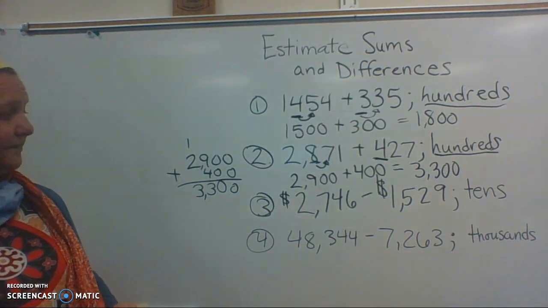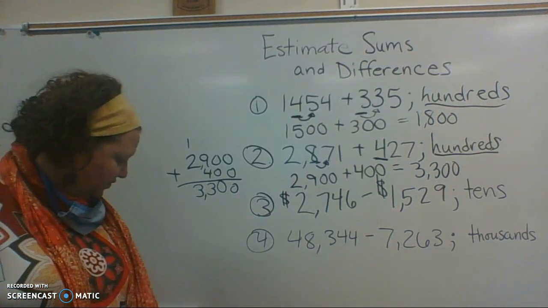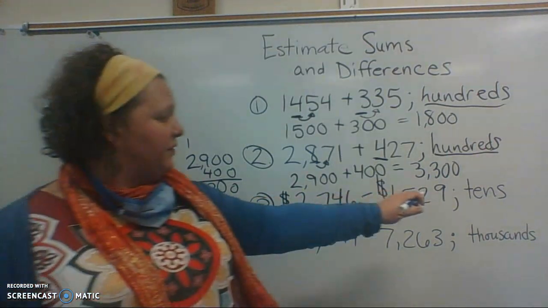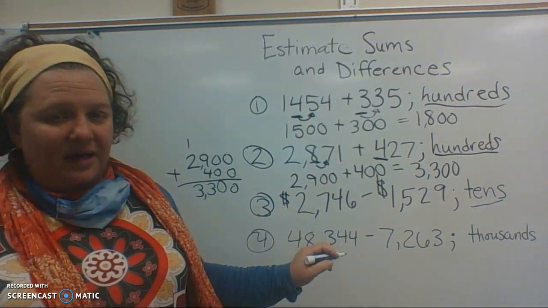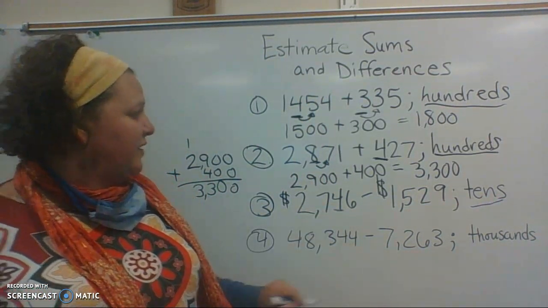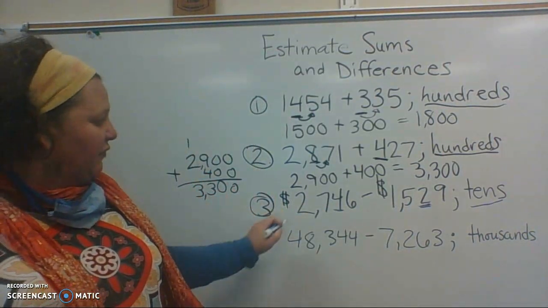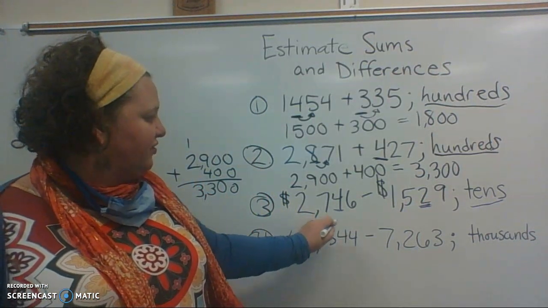All right. Next. I'm going to write in a different color. That might help you be able to see. We're getting a lot of black ink on this board now. So now we have our tens place. A tens place, that's interesting. So here we go. We're going to underline that 4 because that's in the tens place. We're going to underline the 2 because that's in the tens place. And when we round, we get 2,750